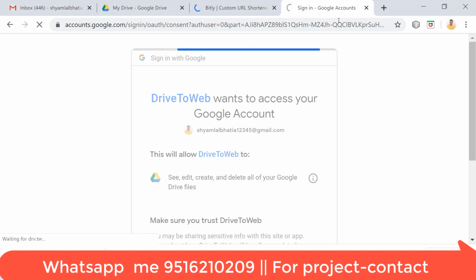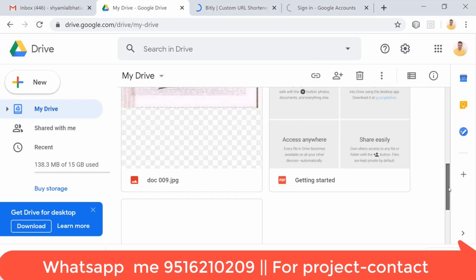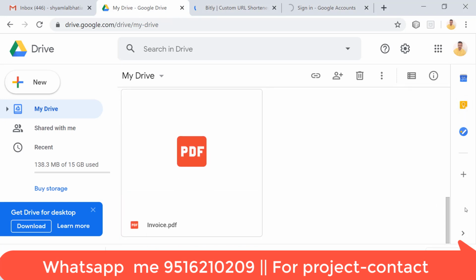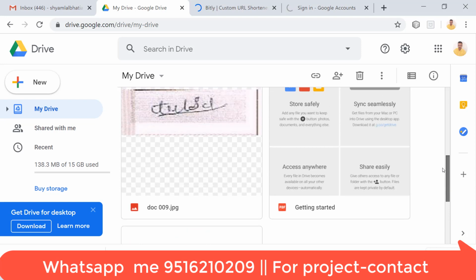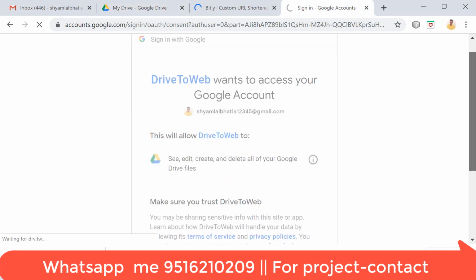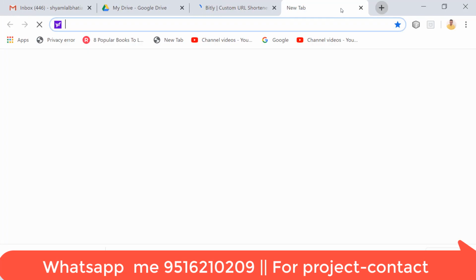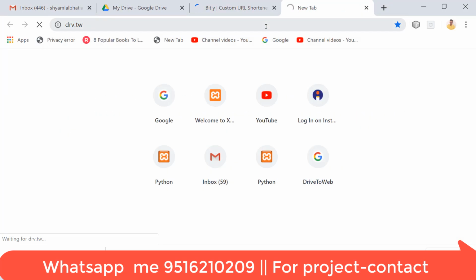My internet connection is slow, so it is taking this long. Which folder am I showing? The web folder. Why is it taking so much time? Okay, I am cutting it and logging in again, because it is taking too much time.